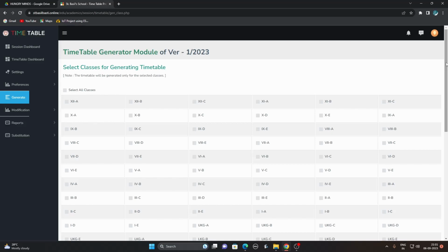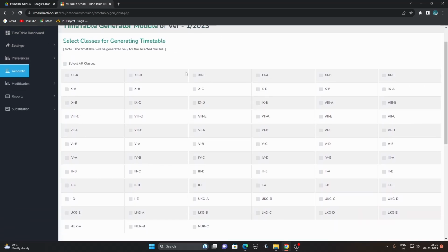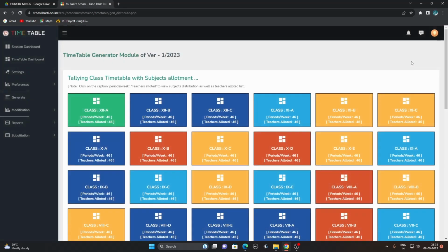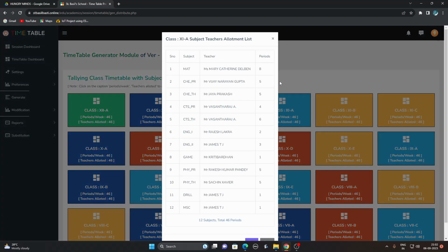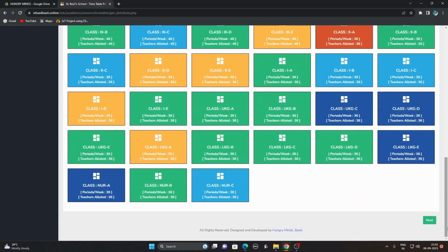In that, you just have to select how many classes are going to be involved in generating the timetable. Yes, I am going to generate the timetable for all classes. So I have selected all classes, and after selecting all classes, we can check every teacher's and every class's workload. The teacher's workload can all be cross-checked, and once it is done, we can move on to the next